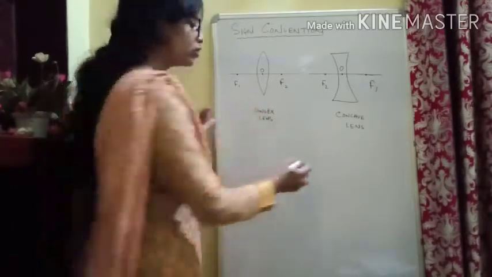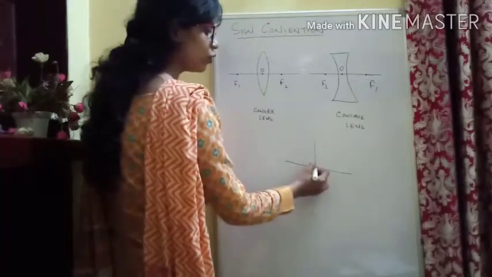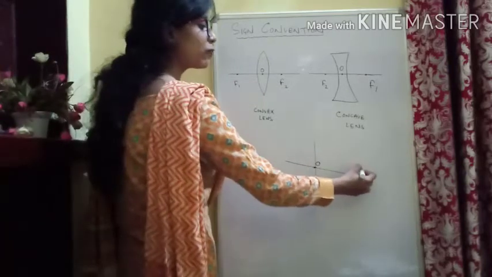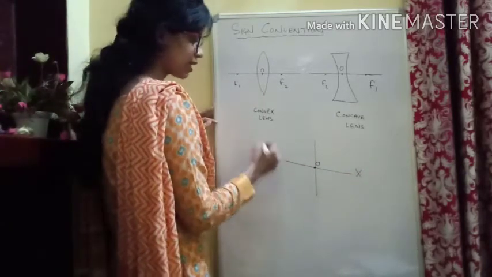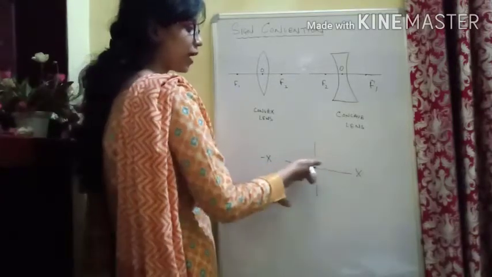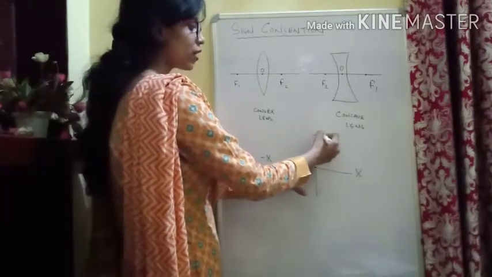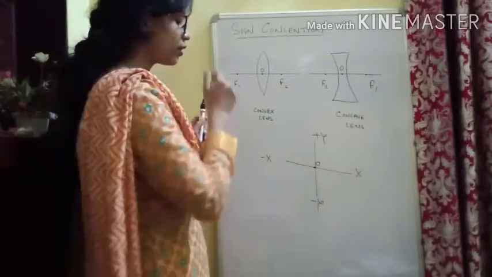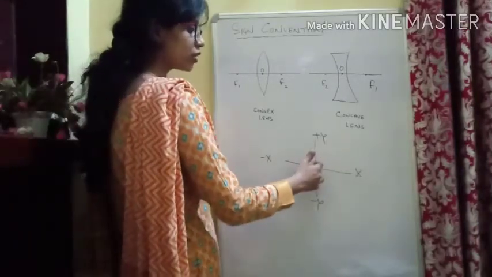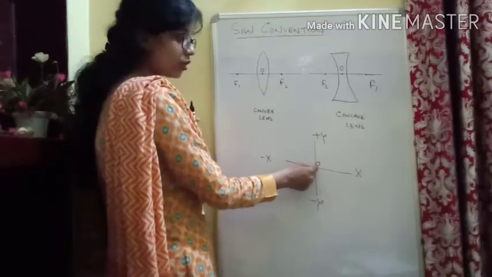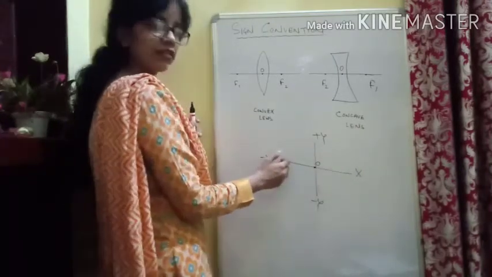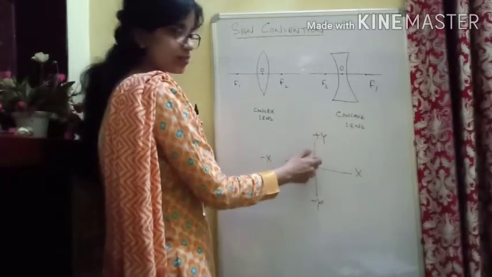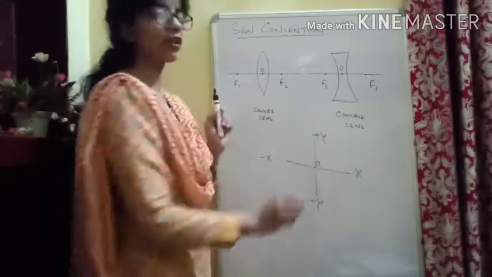In that, as you remember, we have this origin where the two axes are intersecting each other. Then we have plus x-axis, and on the left side we have minus x-axis. From the x-axis, above we have plus y-axis, and below the origin we have minus y-axis. All the entries towards the right hand side of the origin are positive, left hand side the entries are negative, whereas when we go upside of the origin, all this is called positive axis. That means all the values will be positive, and here all the values will be negative.